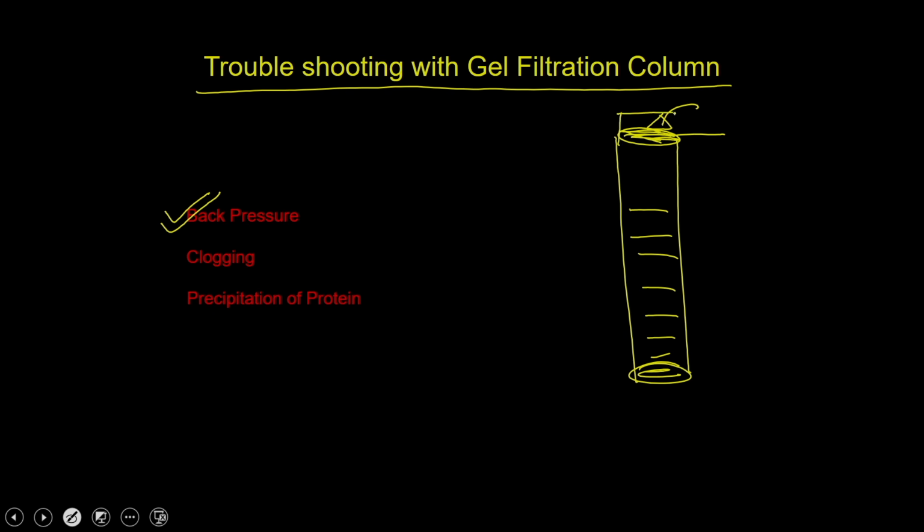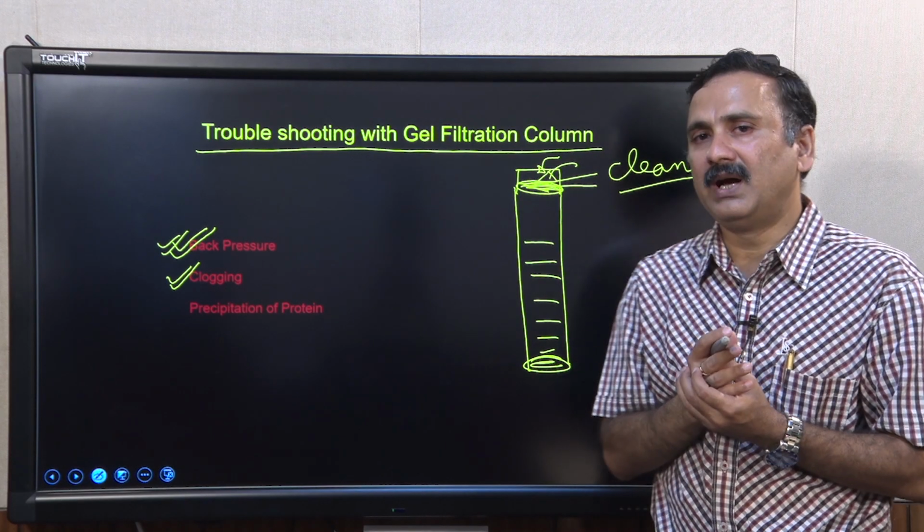So, what you have to do? You have to clean these filters with some cleaning agents, or you can remove these filters and clean them. That will take care of the back pressure problems. Then you have the clogging of these columns, which means the proteins are present on these filters, and those filters have small pores through which only the water can pass. So, if the proteins get into those pores, proteins also bind to these pores, and that is how you are going to have the clogging.